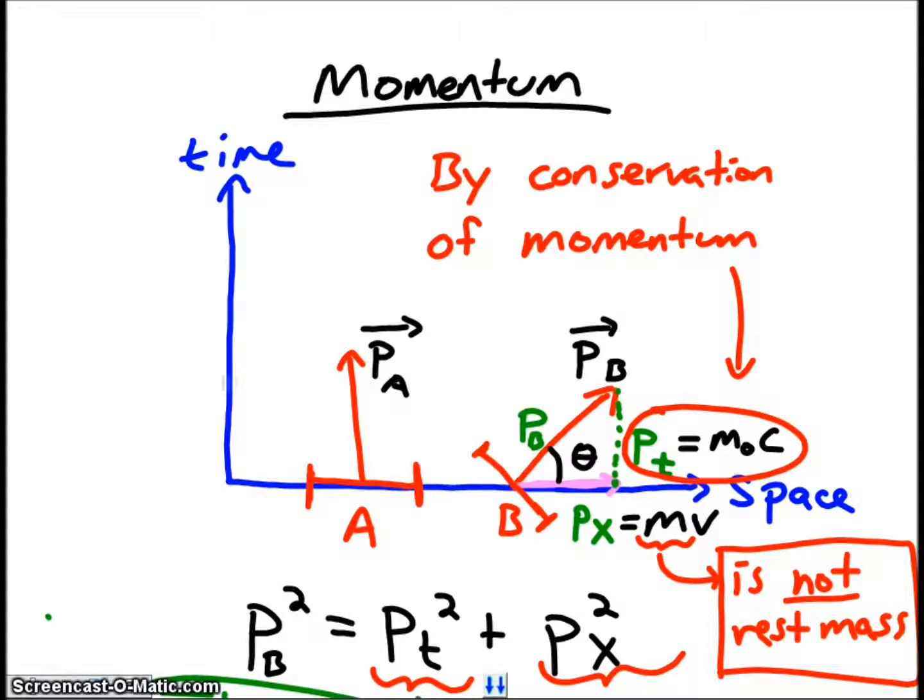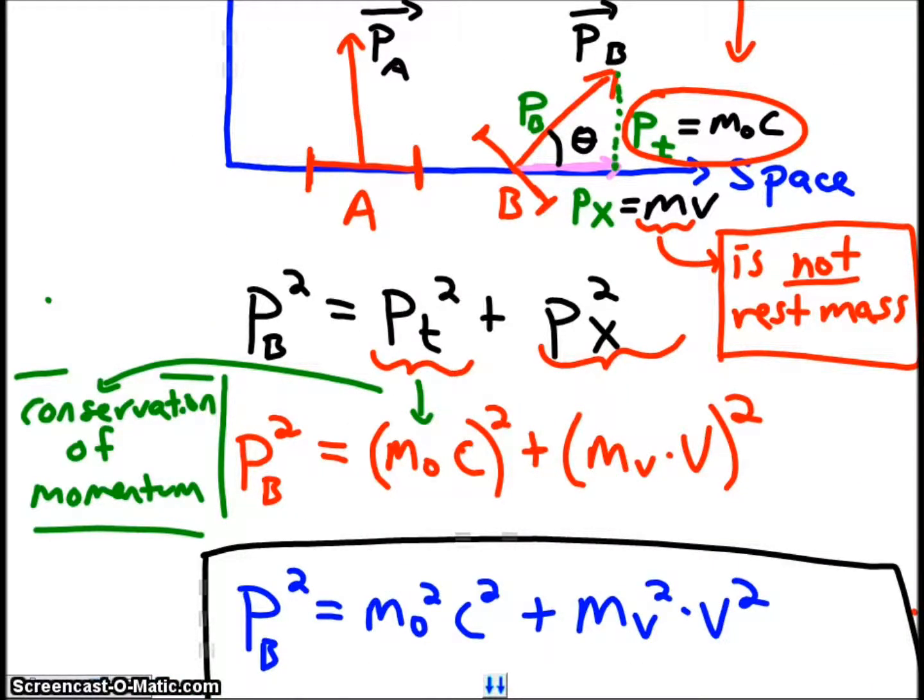The momentum in the time direction, which I'm going to represent as P sub t, has to still equal the momentum that it originally had going in the time direction, because of conservation of momentum. So the momentum in the time direction for rocket ship B is m sub 0 times c. To find the total momentum, P sub B, we take P sub B squared equals the momentum in the time direction squared plus the momentum in the space direction squared. We'll plug in m sub 0 times c for the momentum in the time direction,